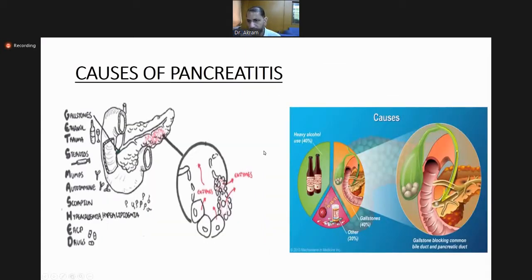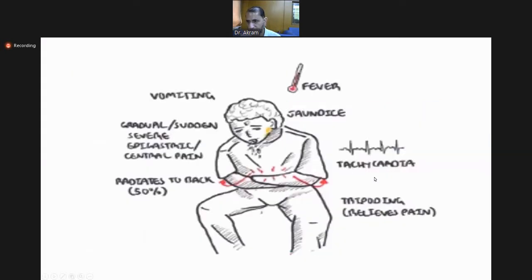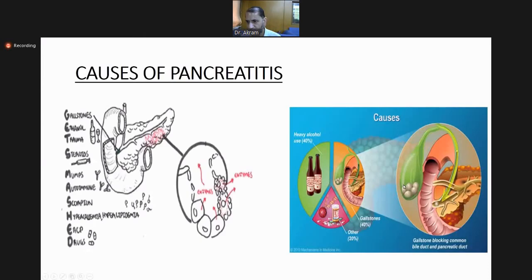If you look here, this is the gallstone, which is a very common cause in our region. And in the Western world, it is alcohol. 40% is gallstone and 40% is alcohol. That makes 80%. And 20% are the minor causes, such as certain drugs, trauma,